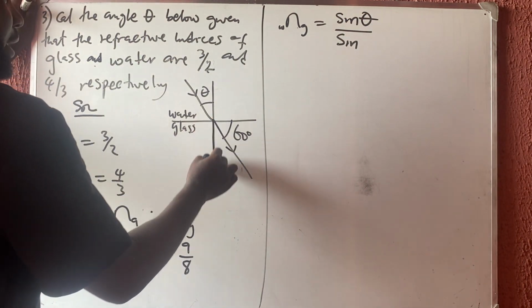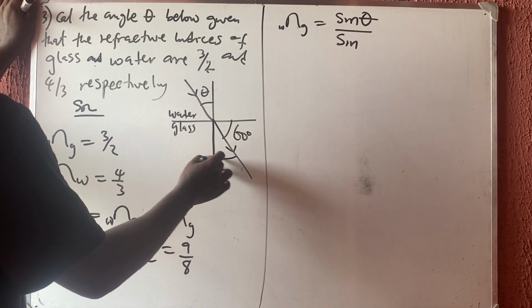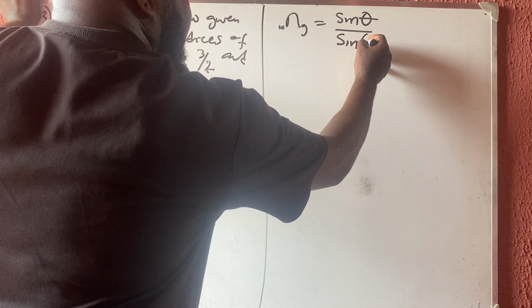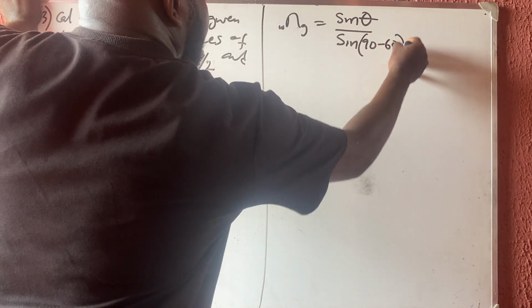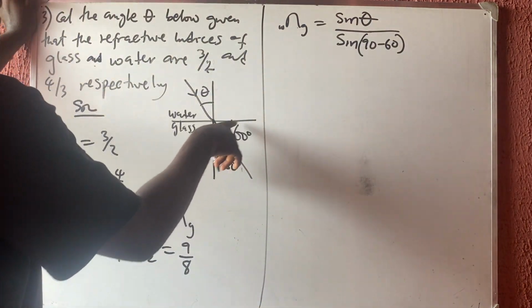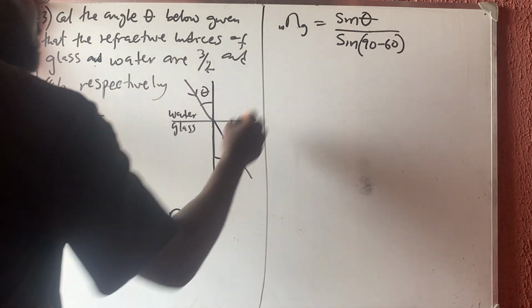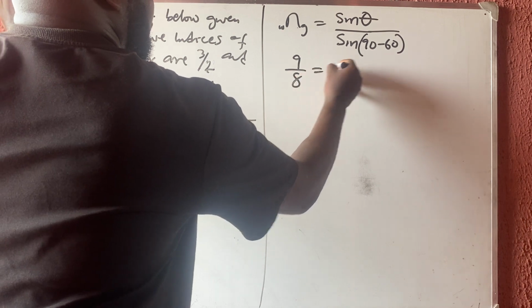But the angle in glass here, don't make a mistake, it's not 60. It's going to be 30, 90 minus 60, because this one is with the horizontal and we need the one with the normal. Please don't forget that. So if I put this, I'm going to have 9 over 8 is equal to